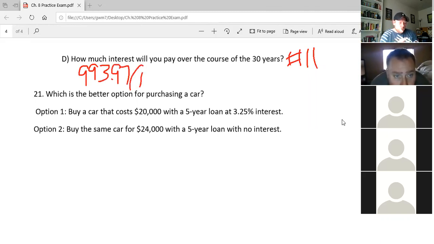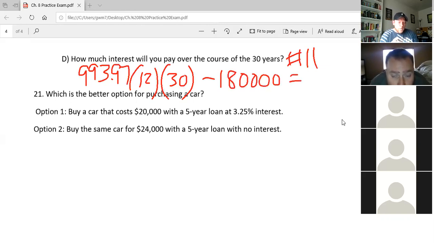You did that 12 times a year, so that would be how much you would pay for a full year. If you multiply that by 30, you get the amount that you're going to pay for all 30 years. Then I take that total minus the amount of the loan, and I'll get how much of what I paid went to cover the interest. And when you put that in,